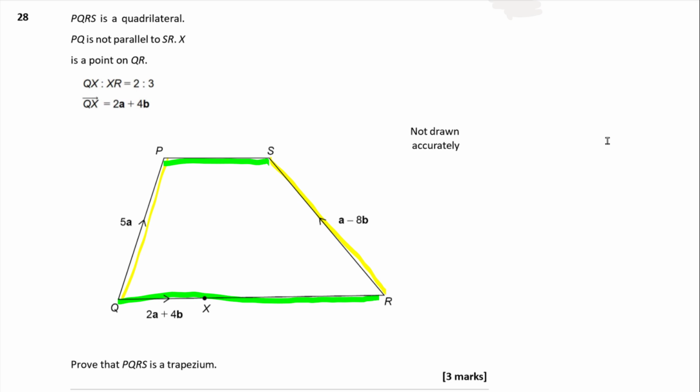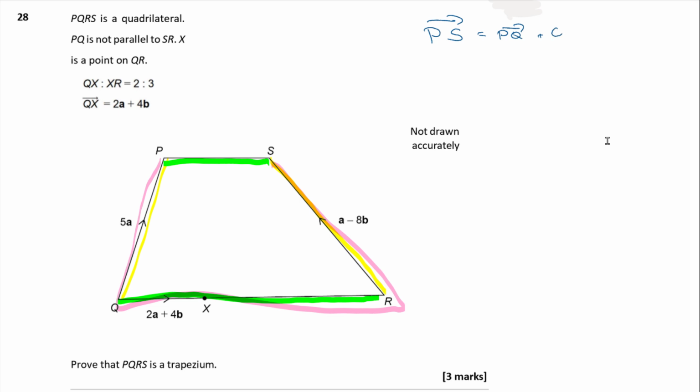What is the vector PS? How can I get from P to S along routes that I know about? I'm going to go a bit of a circuitous route, because I don't know the vector going straight from P to S. I'm going to have to go around routes that I do know about. I'm going to go this way, and then this way, and then back up to here. So PS is the same thing as PQ